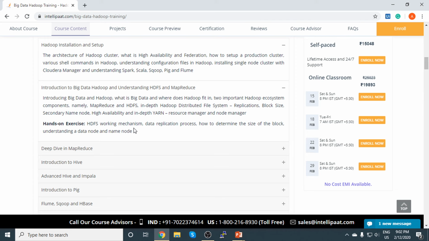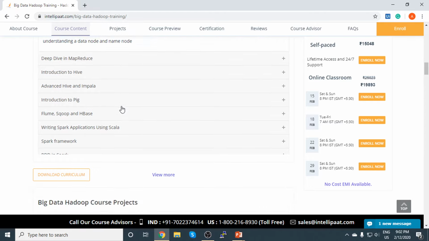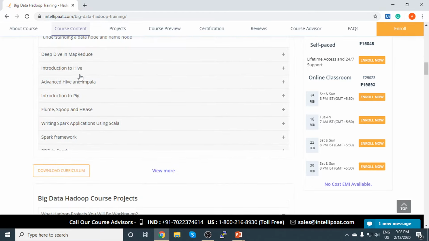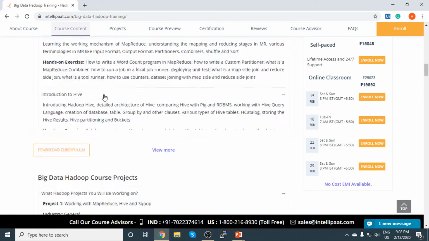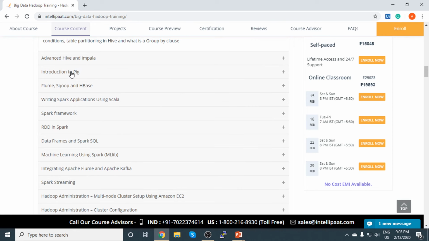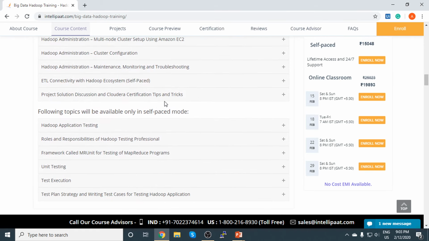Here we have good hands-on exercises where we'll be checking out the working mechanism, the data replication process, and much more. So all the way from the basics and installation of Hadoop, we're going to dive right into the heart of big data and understand what's going on, guys. We cover everything from Pig, Flume, Sqoop, HBase, Spark, RDDs, data frames, Spark SQL, machine learning, Spark streaming, and Hadoop administration.